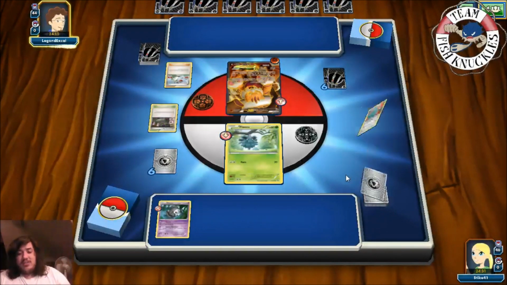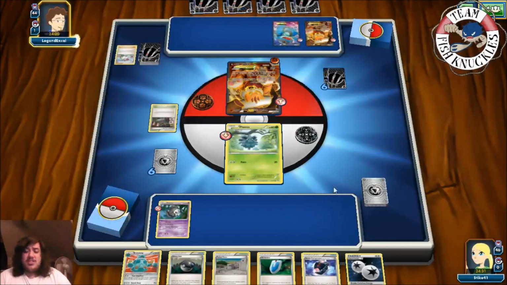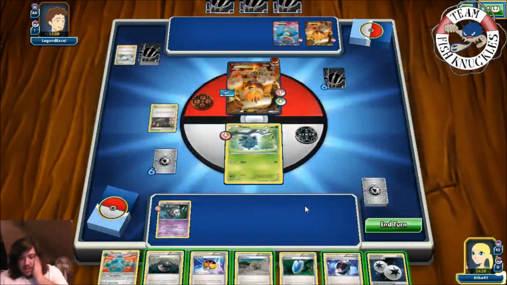Alright, so we shuffle our hand into our deck. Get a new 6 cards. Alright, this is actually a really, really good hand. We see a Seismitoad. Muscle Band onto the Landorus. This Pinecone will get knocked out next turn. Okay, but we are going to